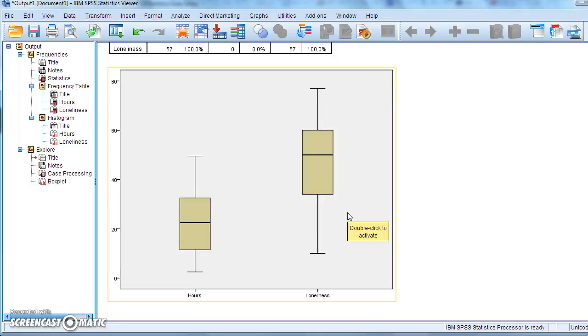And what we can see here is that there are no scores that lie outside the whiskers, and the whiskers here are 1.5 times the interquartile range. So that means everything's okay. If there were people outside here,